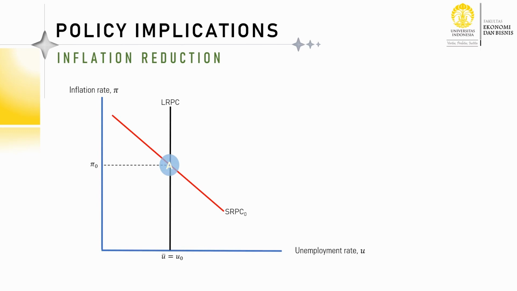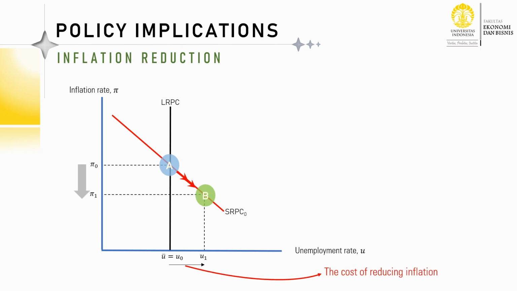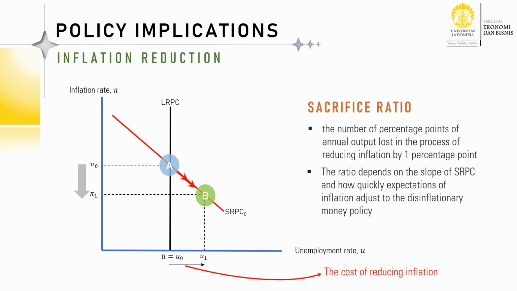Recall this diagram. The disinflationary policy moves point A to point B in the short run, reducing inflation from P0 to P1, but raising the unemployment rate from U0 to U1. The cost of reducing inflation, that is, this rise in unemployment rate, is summarized in a statistic called the sacrifice ratio. The ratio depends on the slope of SRPC and on how quickly expectation of inflation adjusts to the disinflationary monetary policy. Look, if the SRPC is more elastic at SRPC 1, the sacrifice ratio and the cost of disinflation is bigger